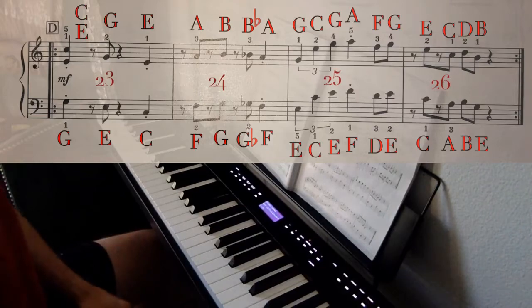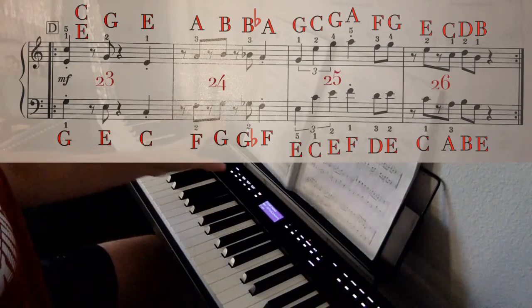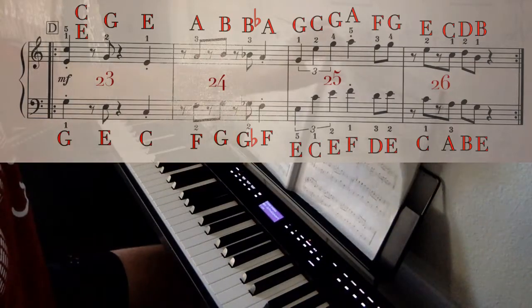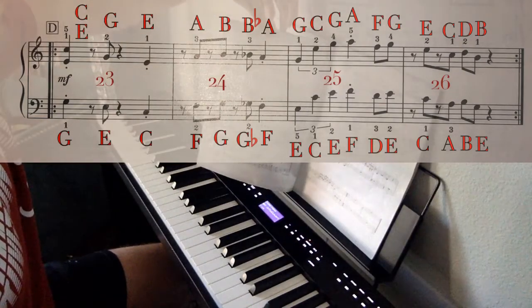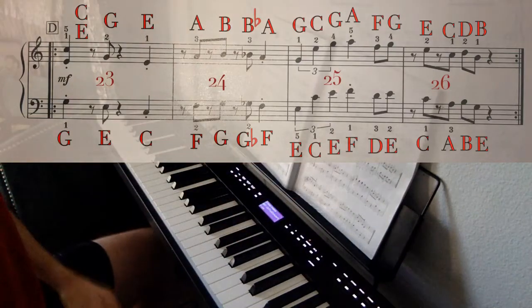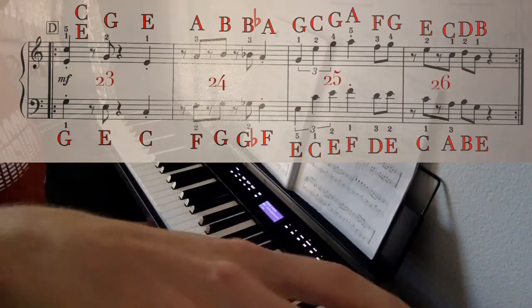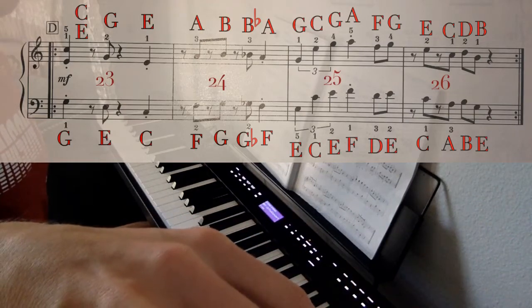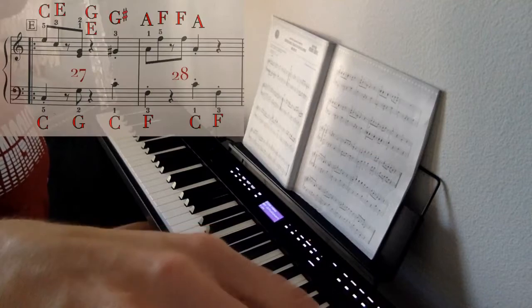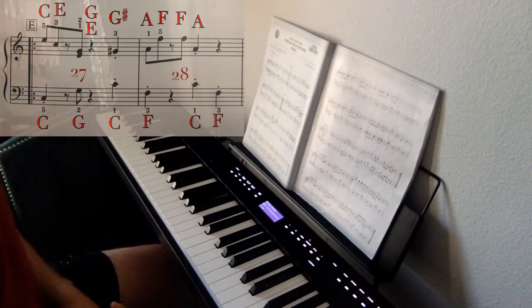So this is actually the D part of the song. If you're following along with the sheet music, you'll see it's broken up into A, B, C, D, E, and then on the third page, F and G. So E is what we're actually going to be learning today. So I'm going to take D off the screen. And you'll see that we're just going to be focusing today on measures number 27 and 28 from the E